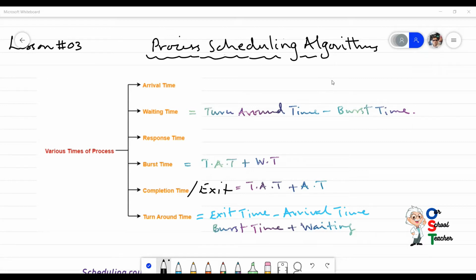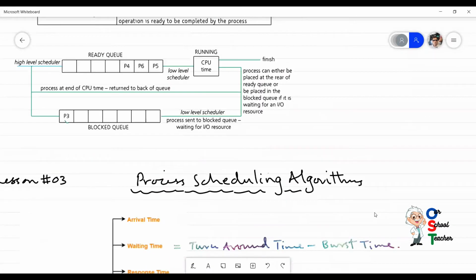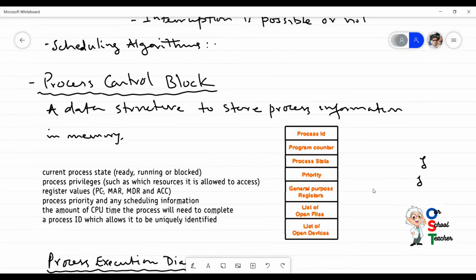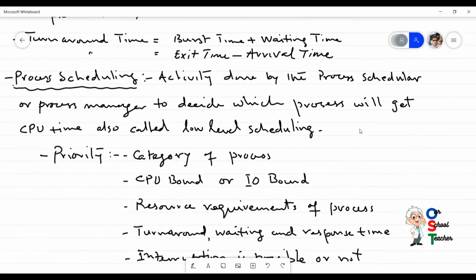The topic of today's class is process scheduling algorithms. In lesson number 2, we discussed a number of different concepts related with process. Let's have a quick recap of the previous class. In the previous class, if you remember, we discussed about